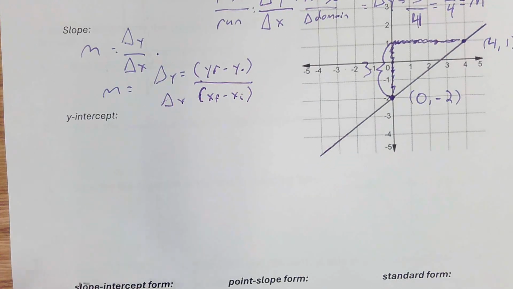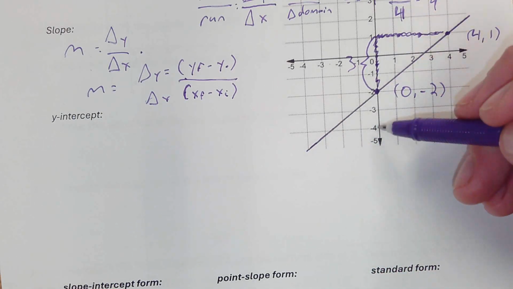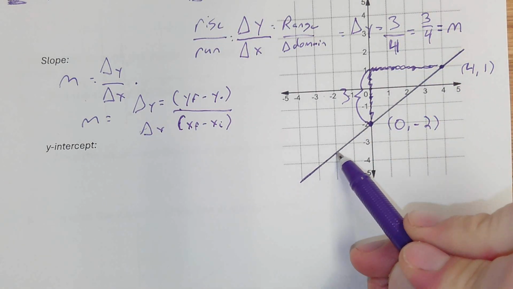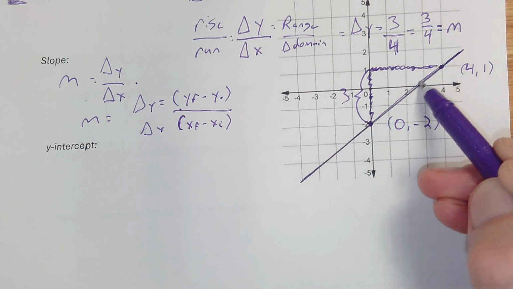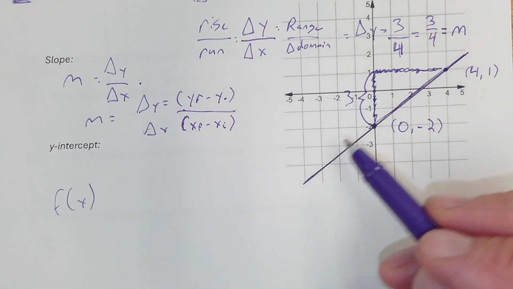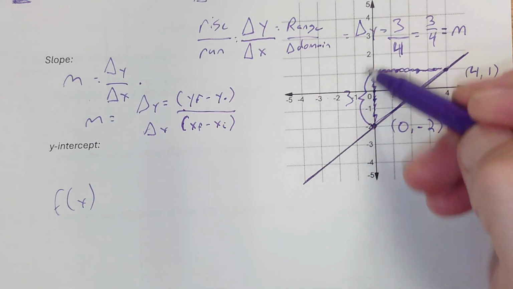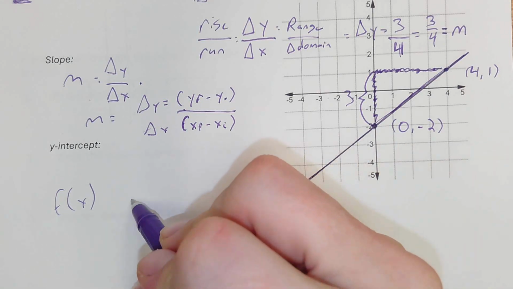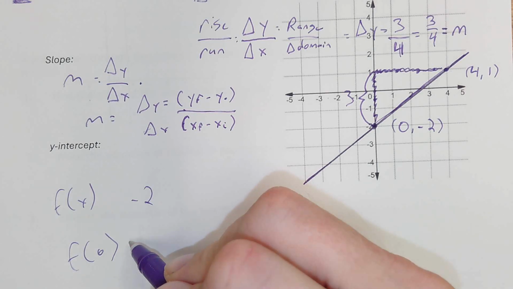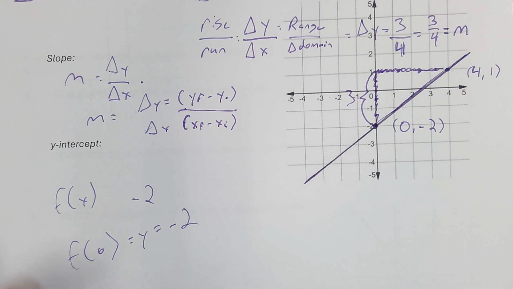And the y-intercept is where the line crosses the y-axis, where this function y, we'll call this function f of x, of course. f of x is y, right? Where the function crosses the y-axis. So here it's just going to be -2, right? So when x is 0, y equals -2. Okay, so that is our